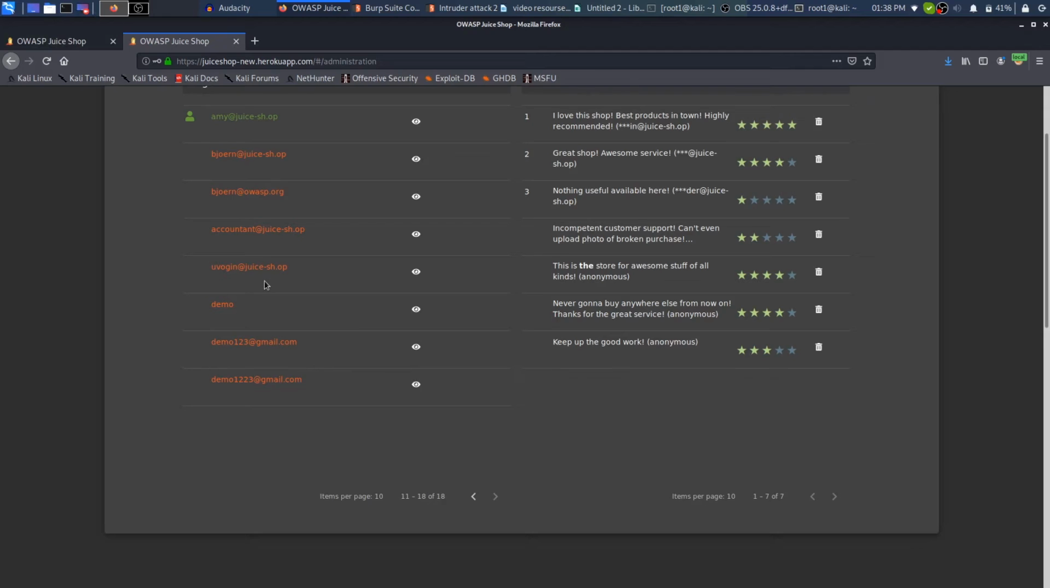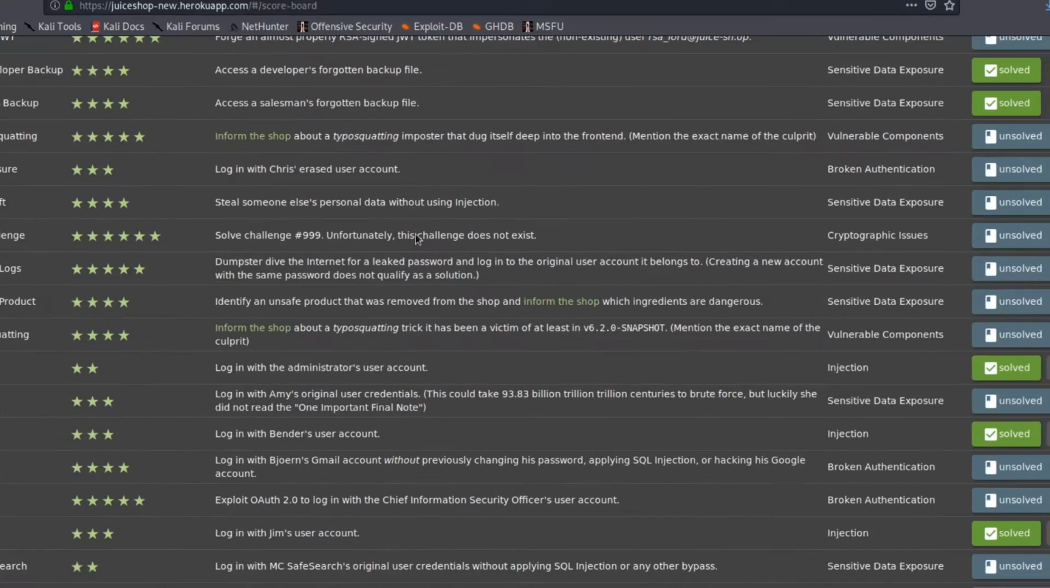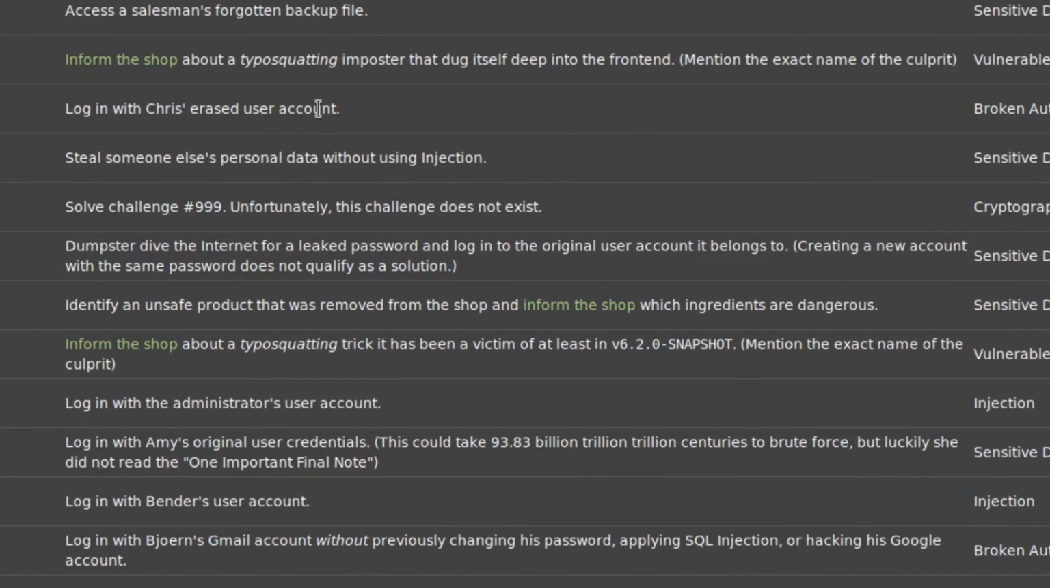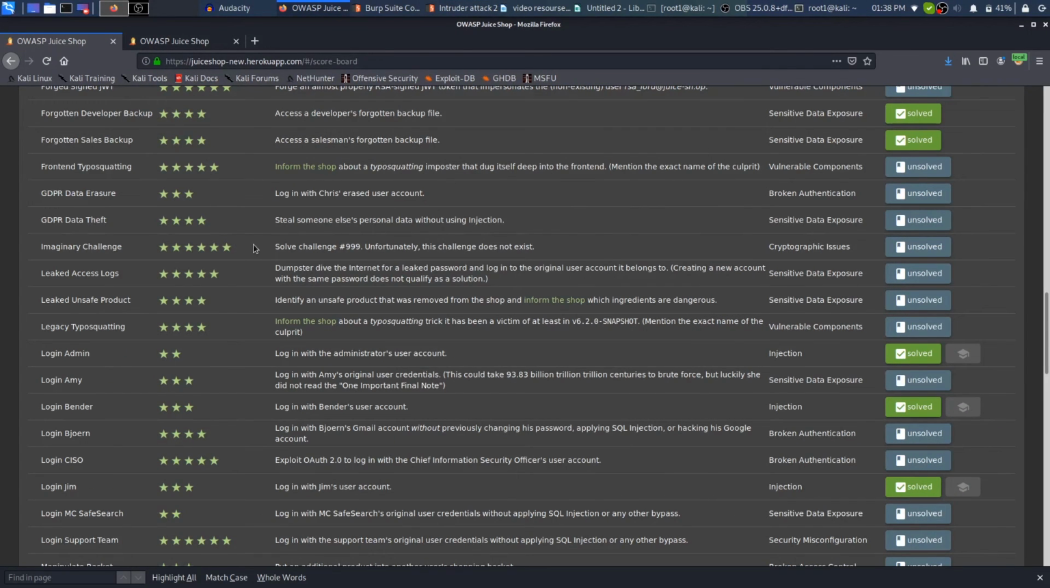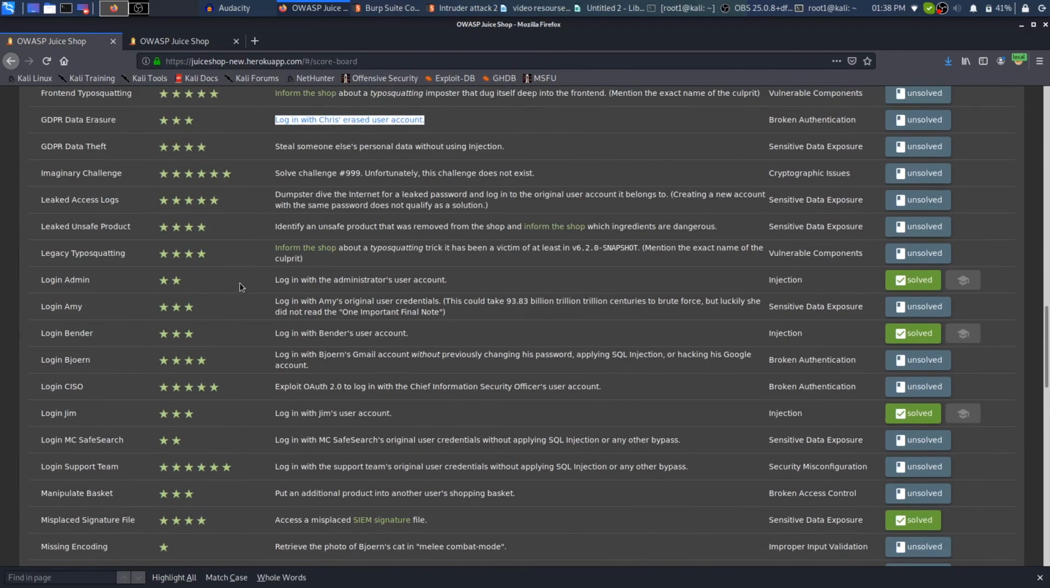So I'm unable to find the email address for Chris because it says that Chris's email address was erased. In that case, what I can do is exfiltrate the entire database and get all of the credentials from the user table, and I can get the email address of Chris that way. But before doing that,